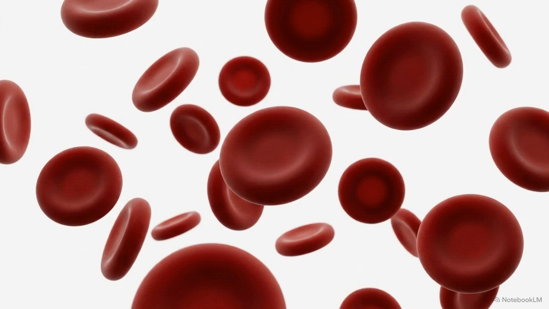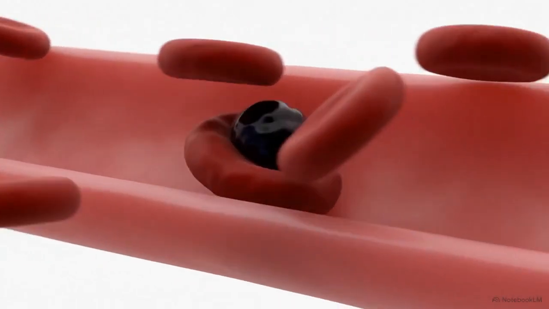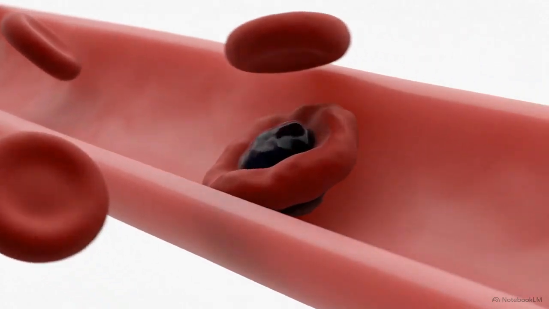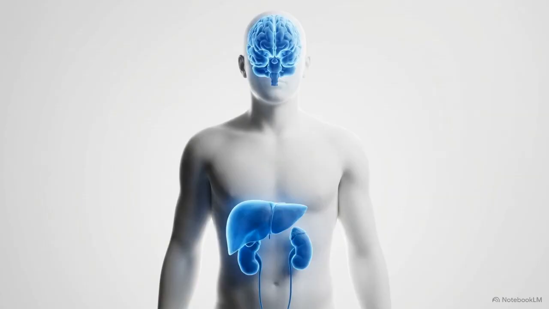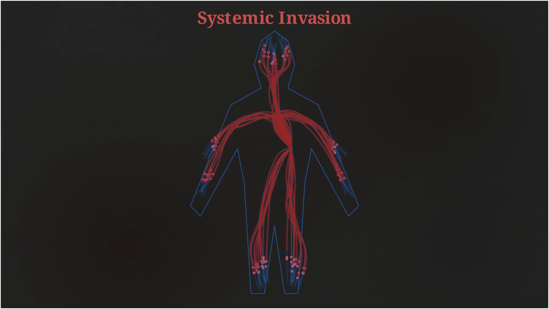To understand the threat of malaria, we have to start at the cellular level. When a single infected red blood cell latches onto the endothelial lining of a narrow blood vessel, it begins a pathogenic cascade that can eventually shut down entire organ systems. What begins as a microscopic, localized event rapidly multiplies, spreading millions of active parasites throughout the human cardiovascular system in